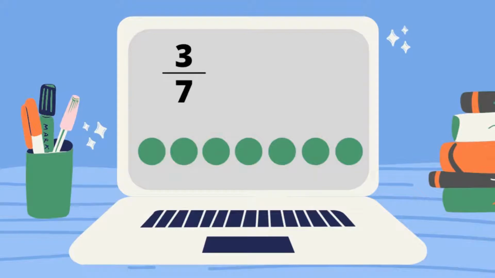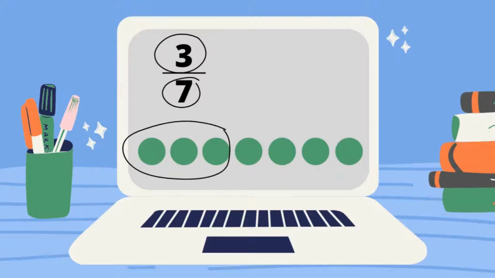In these examples, we can see that the total of green circles that we have is 7. There are 7 circles that represent one whole, so therefore the denominator is 7. And we only need 3 of those circles. So we are going to take 3 out of 7. 3/7 is the fraction that represents 3 circles out of the total of 7 circles that are given as one